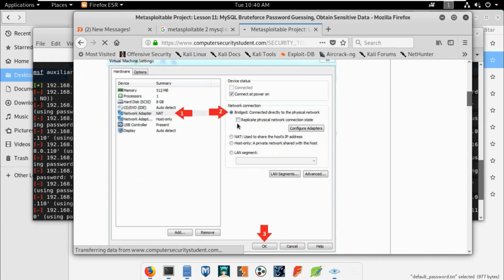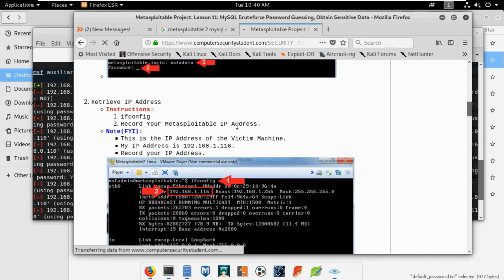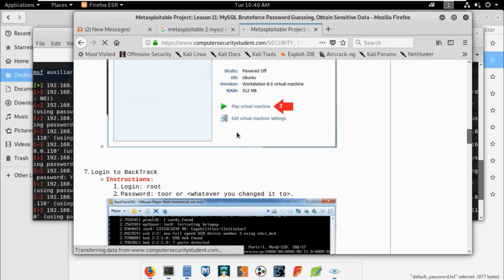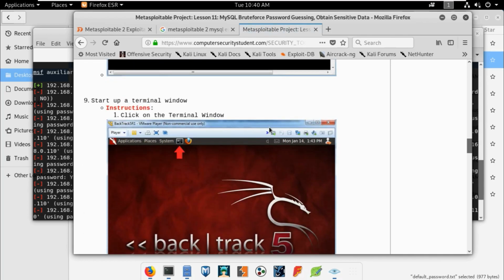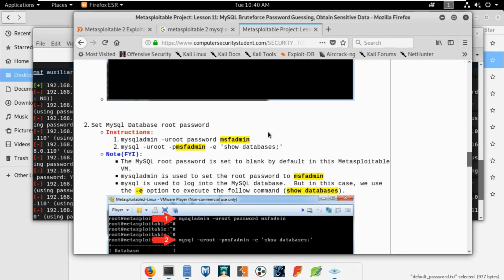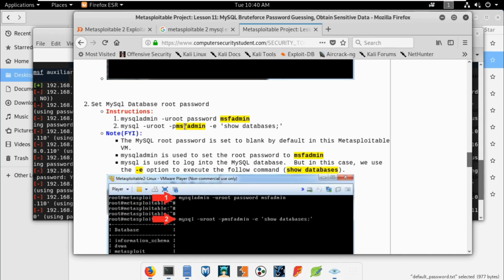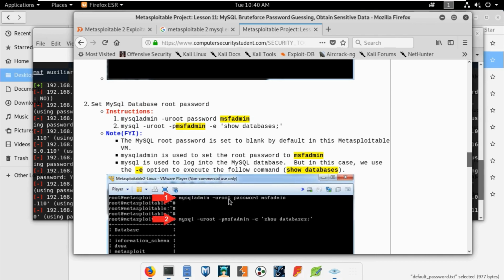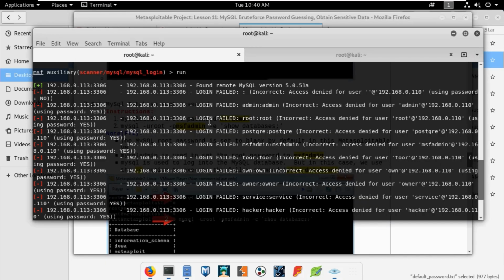There is a complete tutorial on how you can install this, how you can run this, and how you can attack this, with the virtual machine and attacker machine. I'm not going to show you this one, but let's see what password he used. msfadmin and msfadmin. Okay, he is using root as the username and the password is admin.